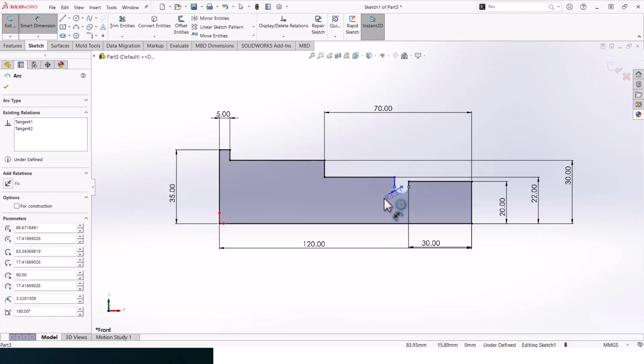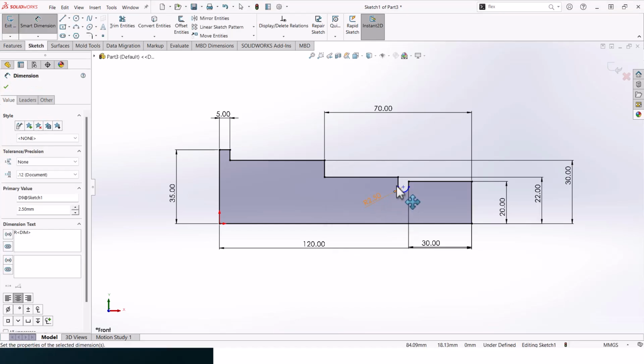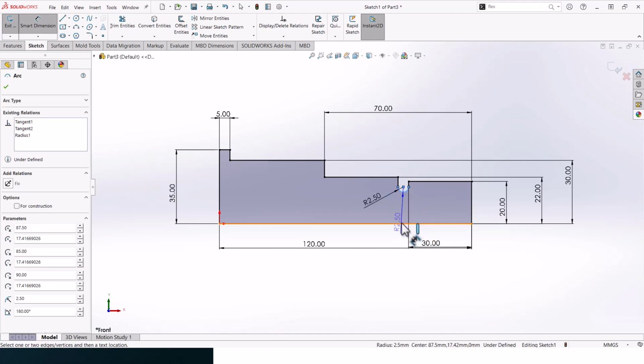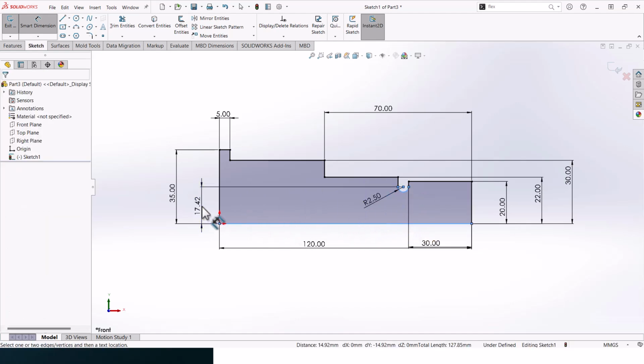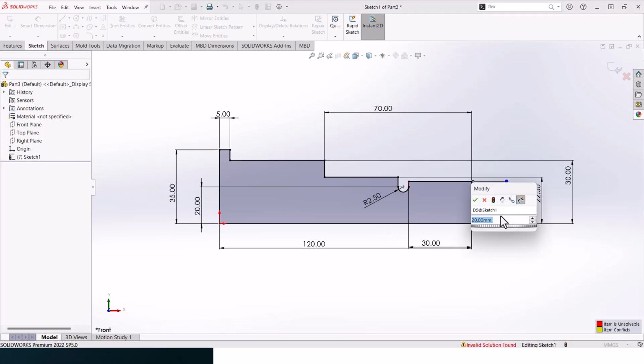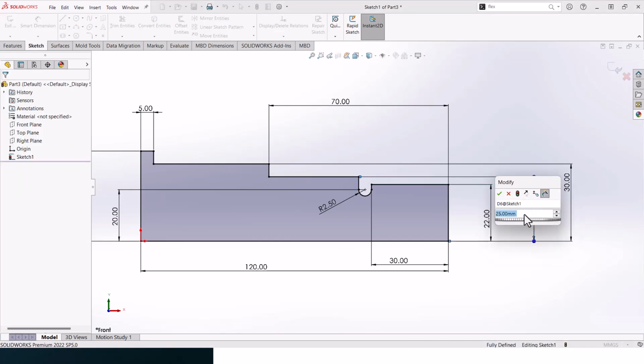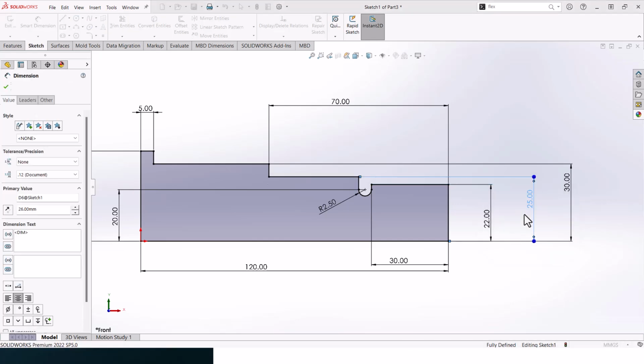Let's add in a radius here, so this should be 2.5, and let's actually add a dimension to that, so this should be 20. 20 is a little bit too much, I guess, for that one. Yeah, because this one is 20 as well. This is 26. Alright,